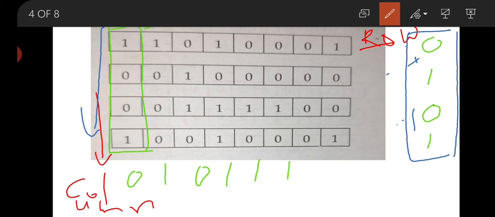Now see here 0, that means there is no 1 present. In this case we have to take the parity bit as 0 because there is no 1. That means 0 is even, not odd. That's why we have to take the parity bit 0. Here 0. So I think there is no confusion in this parity bit checking method.